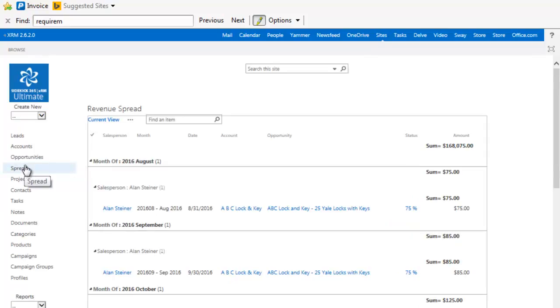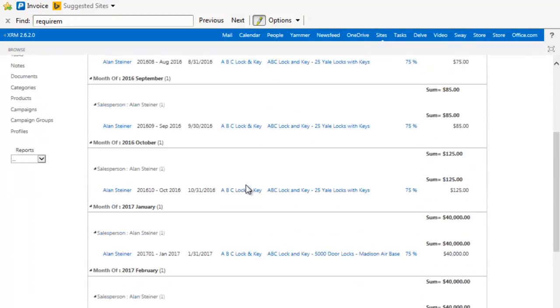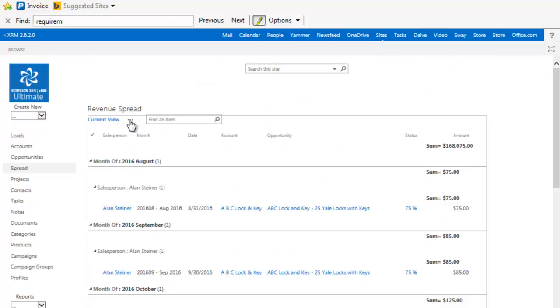If I look at the end result, I can see that I've got a report that shows me the total of all the spread values. This is sort of my pipeline report. And then it's going to show me for each month by each salesperson how much is being spread in each of those months. And if we take a look now at just the raw data that's in the system,